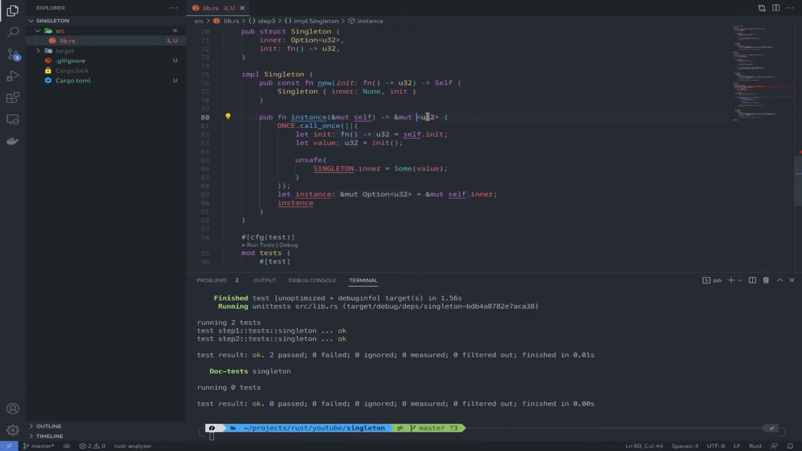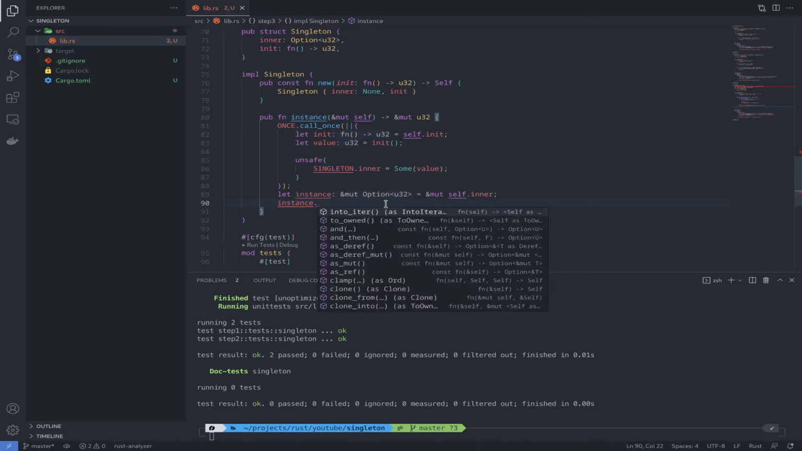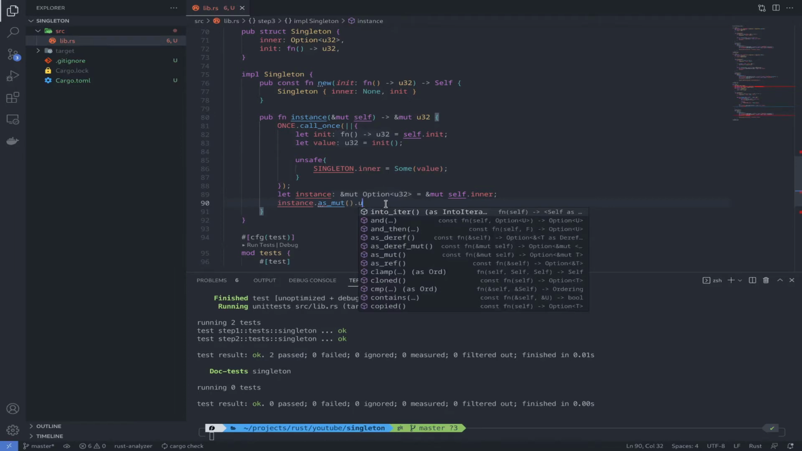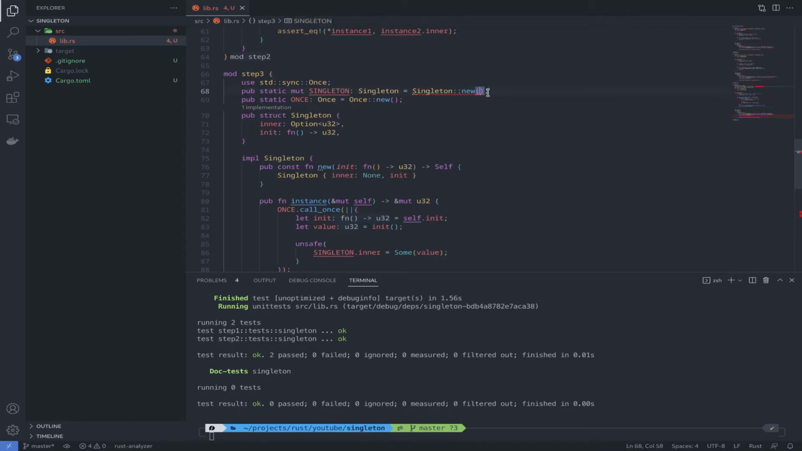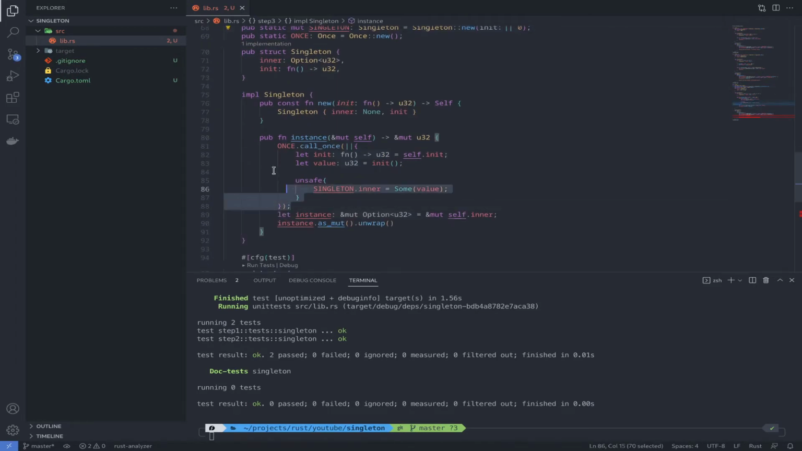So we don't need to use option here, just going to use u32, but down here we need to state that this is as mutable, and then we need to unwrap it, because over here is returning a reference mutable to option u32, but we need a reference mutable to u32. Now back to our new function, and just to pass a closure. In this example, I'm just going to call 0 on it. Now, to make sure that this part of the function is going to be run once and only once,